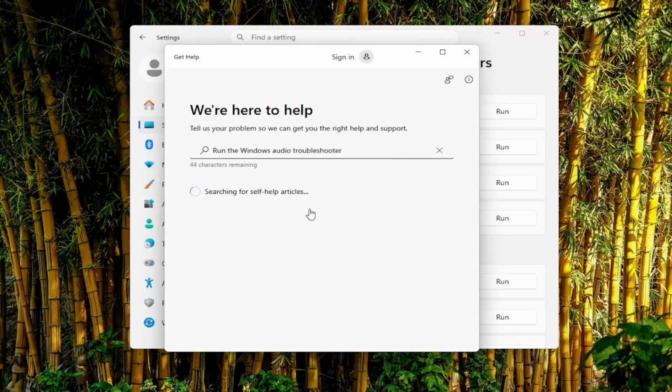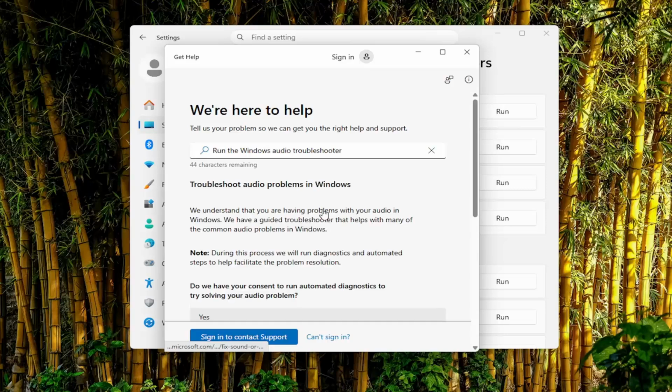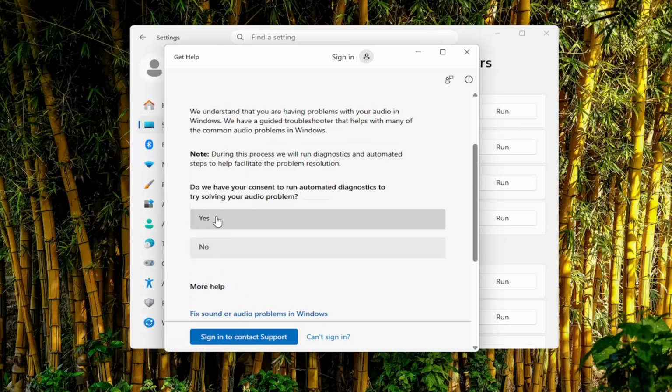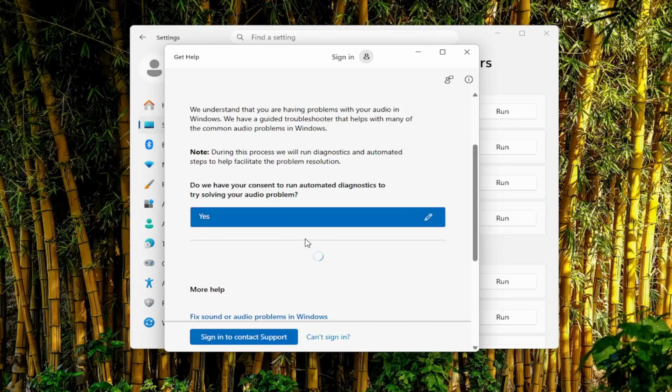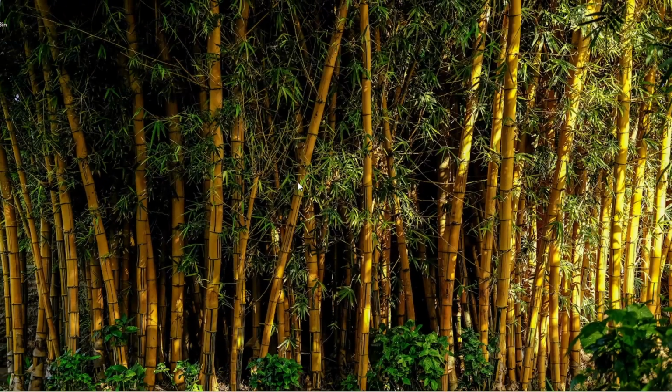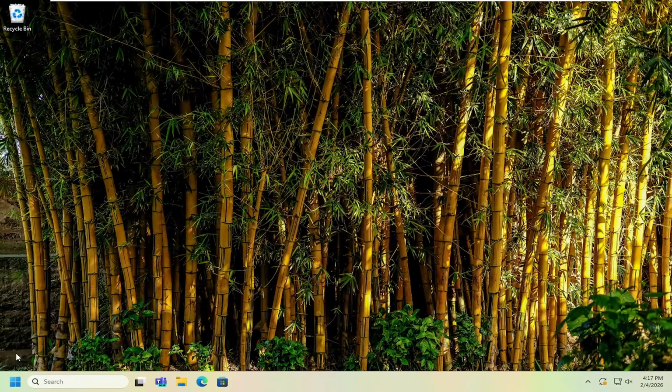And then I'd recommend following along with the on-screen prompts of what it suggests here. It should provide you an option to proceed here with the troubleshooting utility, and then just customize it based on your particular issues, and it'll go ahead and test your microphone jack, and hopefully it'll resolve the problem. If not, something else you can try once you've seen that through to the end would be to open up